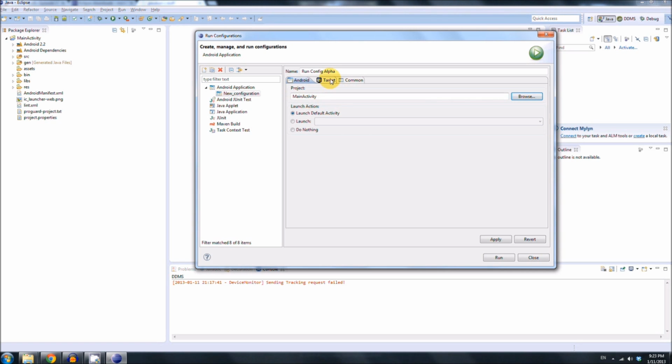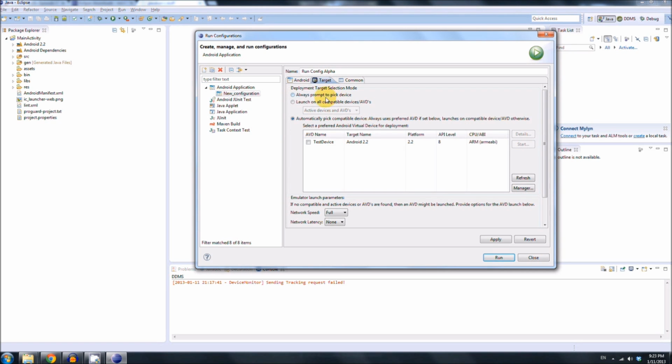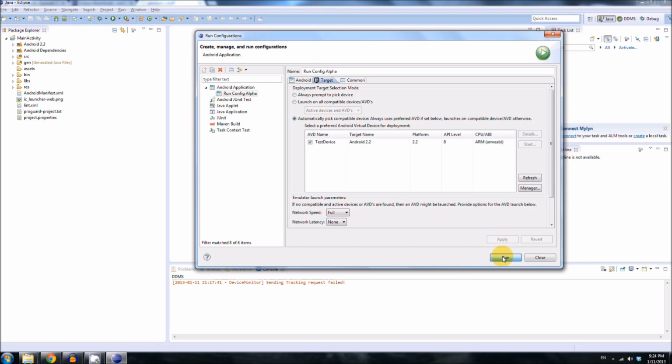and then click Target. And oh, one thing I should mention is when we made the Android virtual device, you should probably make more than one. You should probably make a bunch, and that way you can test all your programs on multiple emulated devices to see if they work properly with all of them. So if you did make multiple, you can click Always prompt to pick device, or you can click Automatically pick this one, and then hit Apply,